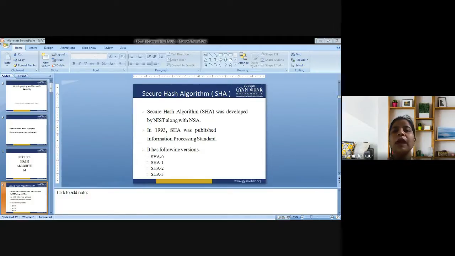Next is the application of the same, because we are concerned with the applications here. So if I am talking about applications, one is verifying the integrity of messages and files. Now the question is how we are supposed to verify the integrity of messages and files. We are supposed to deal with file verification. So what is basically file verification? As the name implies, it is the process of using an algorithm for verifying the integrity of a computer file.